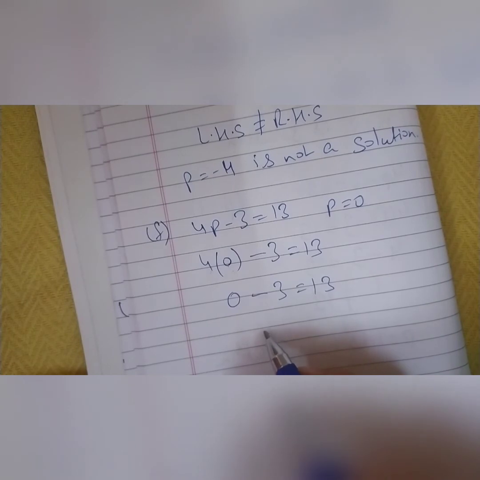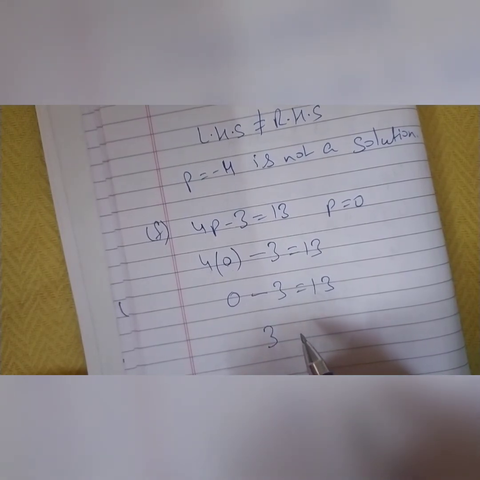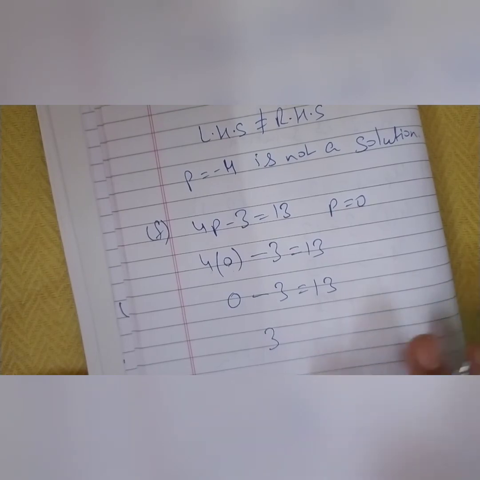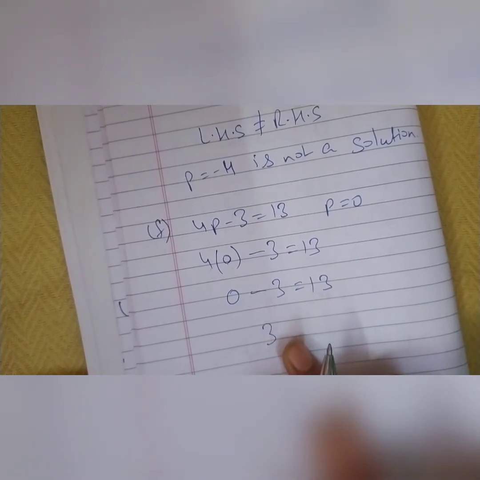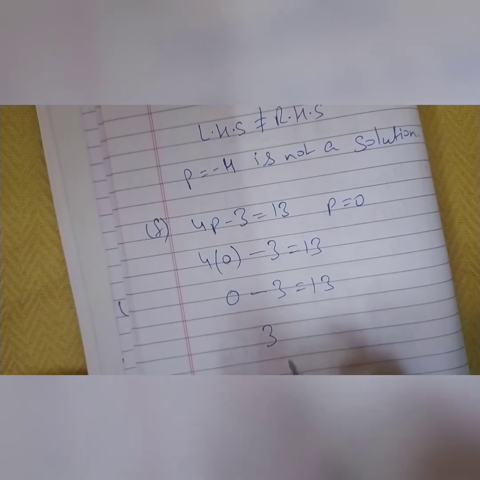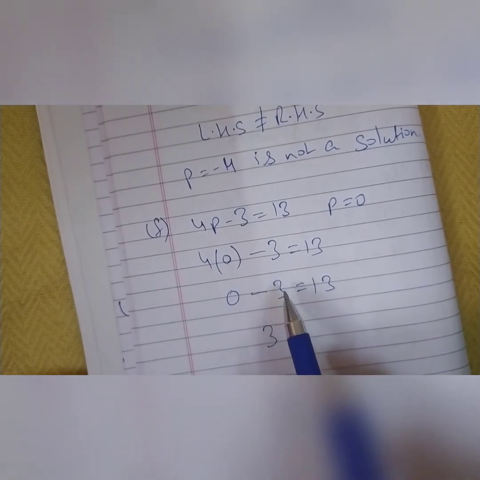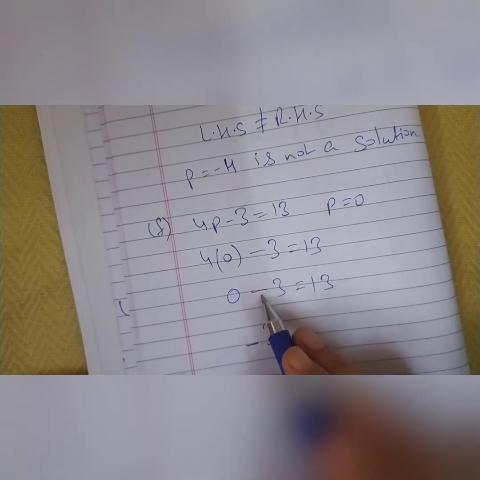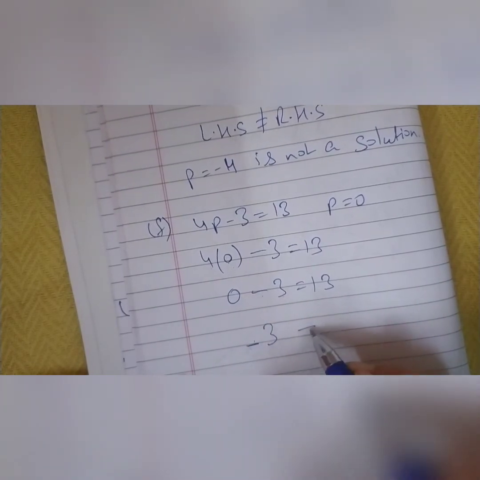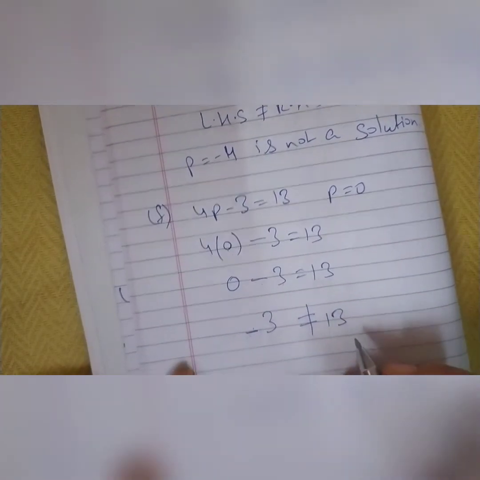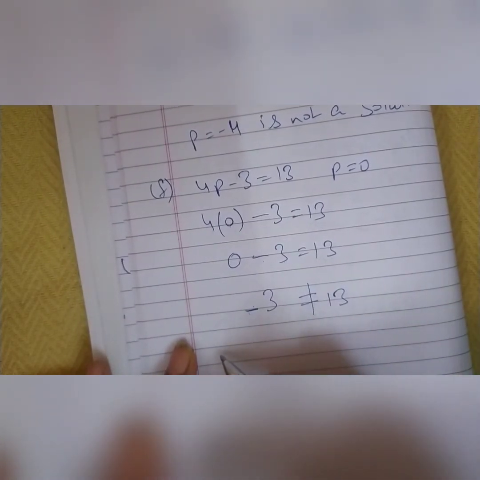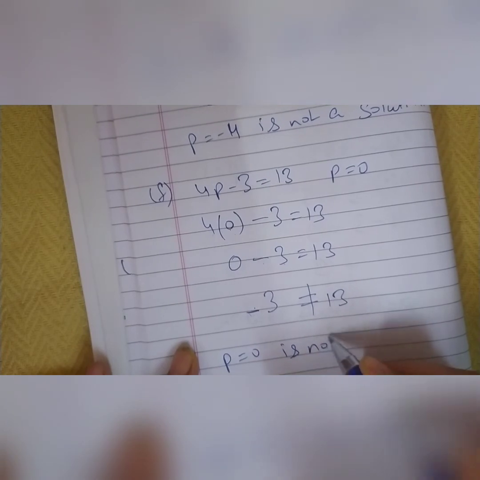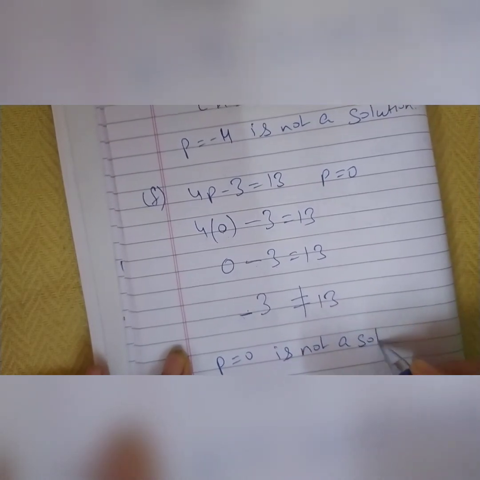हम 0 और 3 को जब subtract करेंगे तो हमें 3 ही मिलेगा, क्योंकि हम जब किसी नंबर में से 0 को सब्ट्रैक्ट करते हैं तो we get the same number, बट जो साइन आएगा वो बड़े नंबर का आएगा. आउट ऑफ 0 एंड 3, 3 इज ग्रेटर, सो यूज नेगेटिव साइन. 3 का साइन यहाँ पर माइनस साइन है, इसीलिए हम माइनस लगाएंगे, और ये राइट साइड से इक्वल नहीं आ रहा, तो हम लिखेंगे यहाँ पे कि p इज इक्वल टू 0 इज नॉट अ सॉल्यूशन.